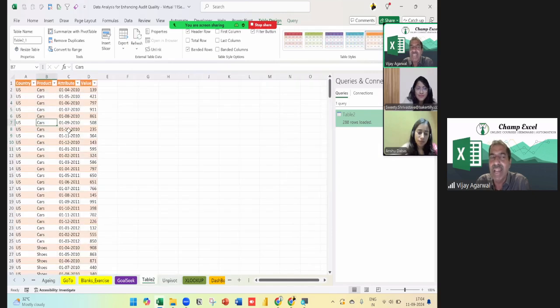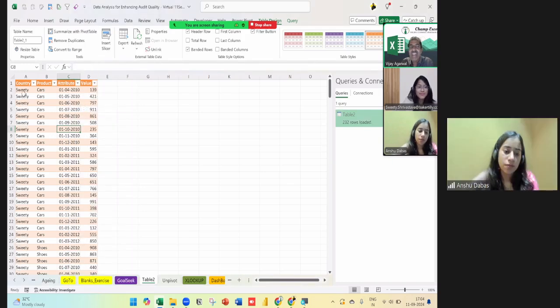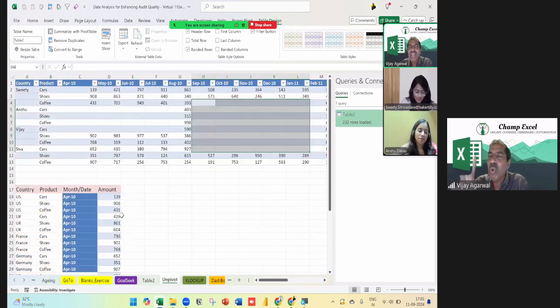So like in a pivot table, we just right click and there is a button, refresh. Once I go to refresh, automatically I'm getting the new names. Now I'm going to get the new data, new value, and my data will change. So you see, we need to do it only once.